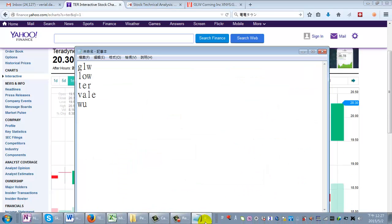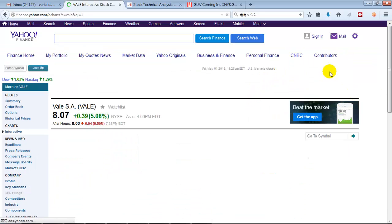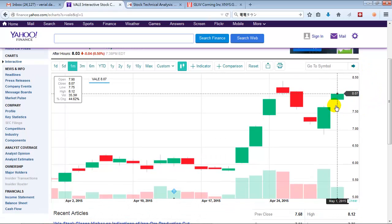We have another one like that. I'm not sure if it's Vail or Western Union. I think it's probably Vail, so let's take a look. Vail is a bit different. Vail, we have a very small gap. I'm not sure if this is a gap, but you can put your